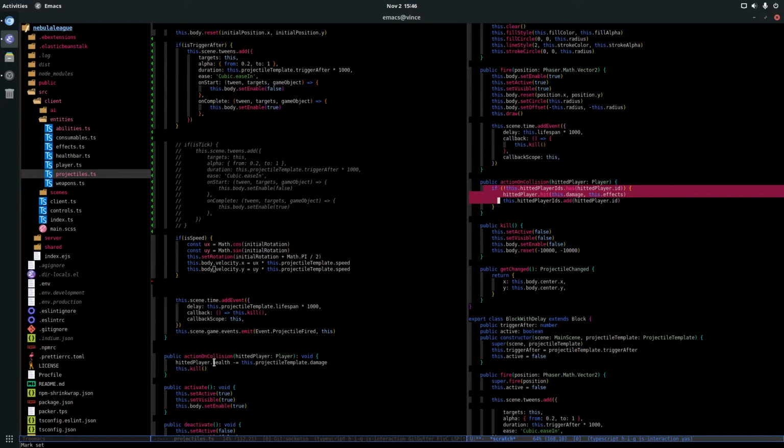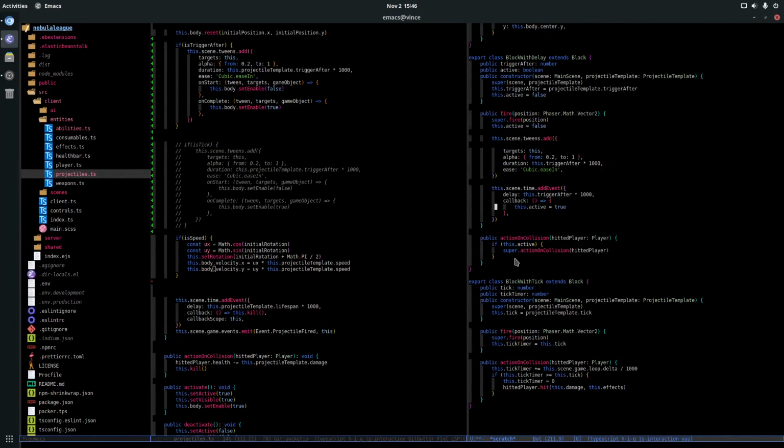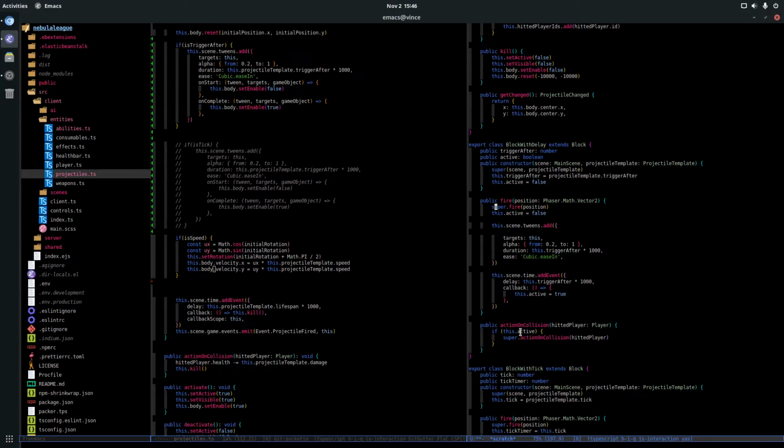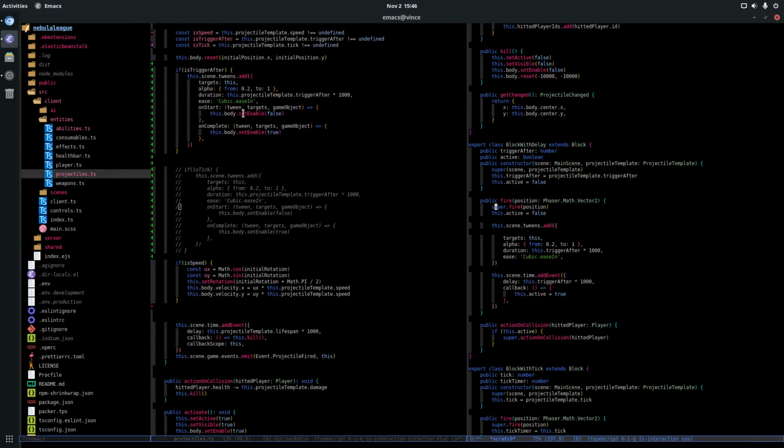So I always hit the player, yeah. This is the basic code. It looks if it's active, but technically I don't have to look at that anymore. That's the whole point of my body existing or not.